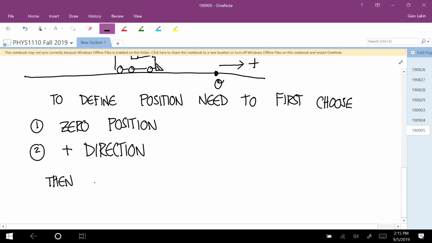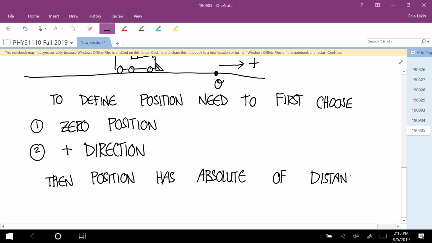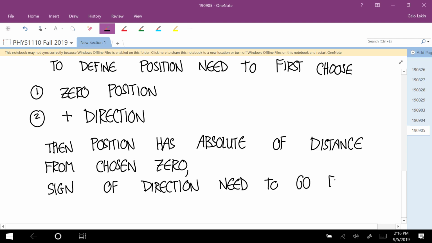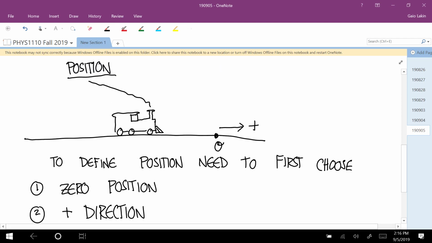Then the position has an absolute value of the distance from that chosen 0 point, and it has the sign of the direction that you have to go from 0. Okay, so if this distance is 20 meters,